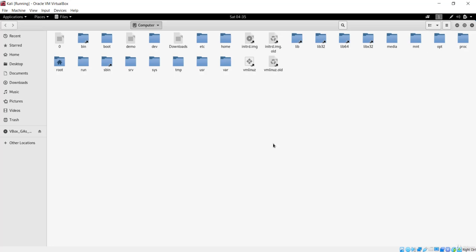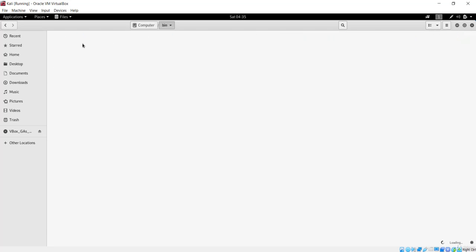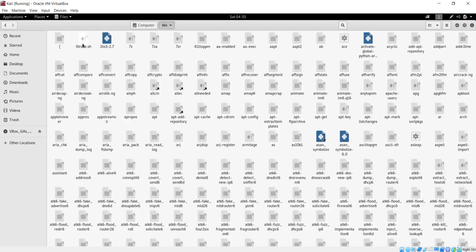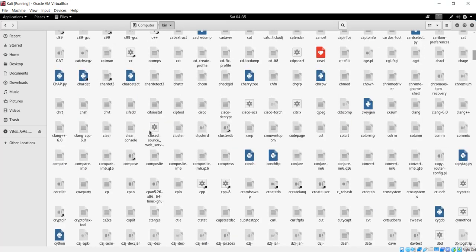So all you have to remember is that Linux has a main directory named the root directory, which is denoted by the /, and all of these other directories are subdirectories of that main root directory. We have a bunch of directories over here. First is the bin directory, which stands for binary, and it contains all the commands that are to be executed on the Linux machine. When I open it here, you can see all of these commands.